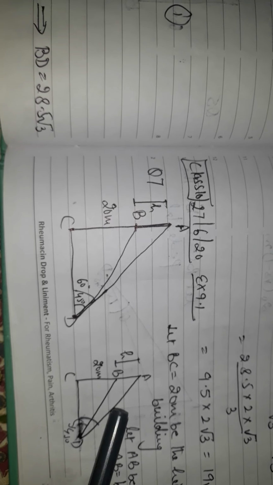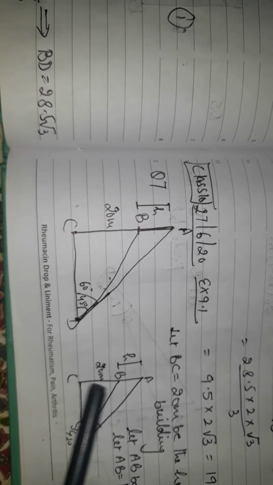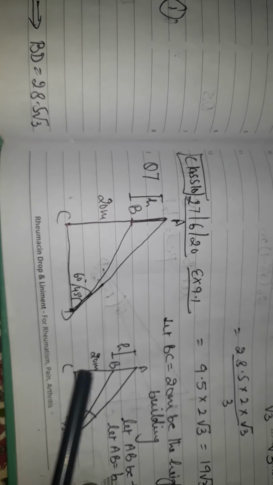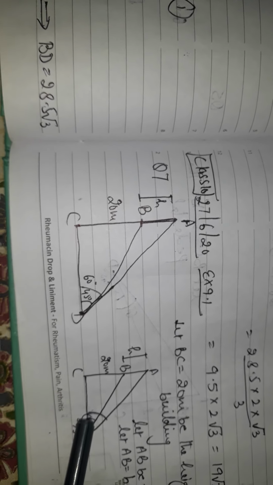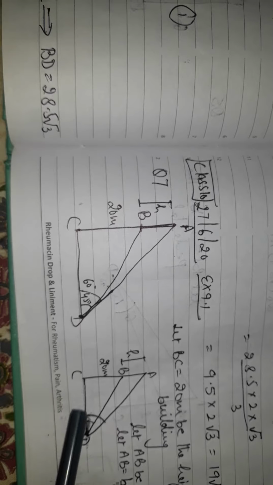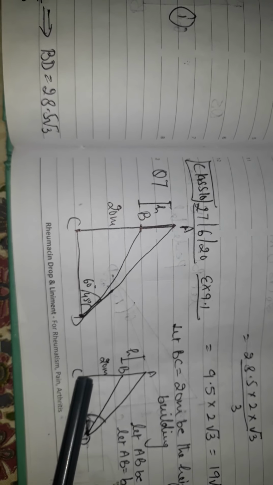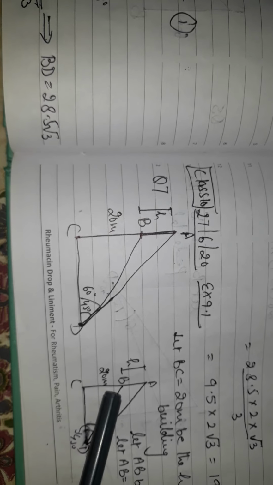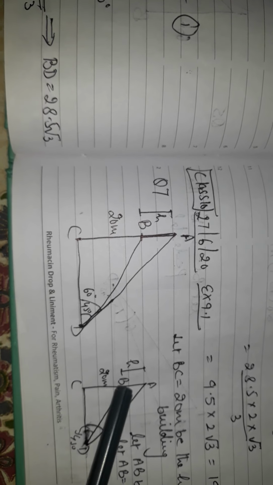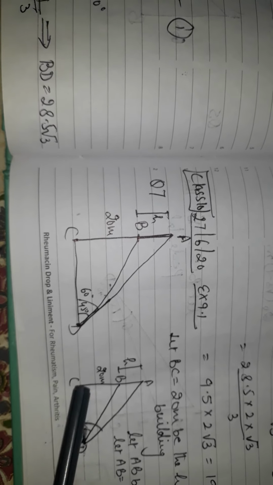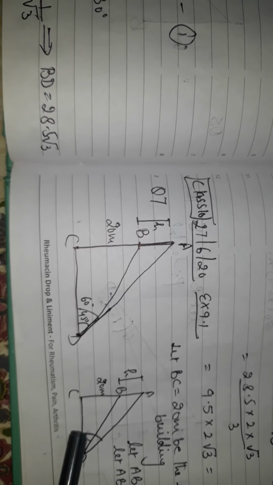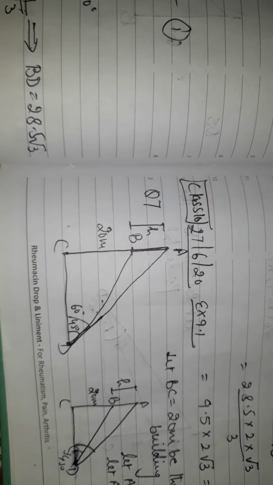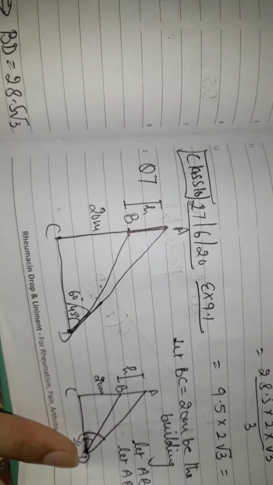Now what do we do? Take this triangle BCD. BC we know, we find out CD. Then we consider triangle ACD, in which we consider P upon B again, this AC upon CD, and instead of AC, we write h plus 20, because this is AC, upon the CD which we have found out in the previous step. So from there we can calculate. So I am showing it on the next page also.